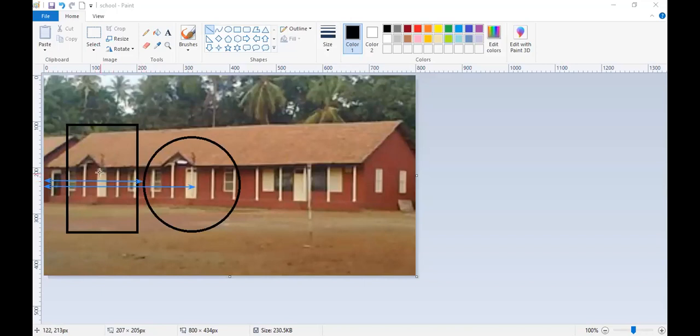Okay, so we can find the radius. How much? This distance is 320 and this distance is 210. Then what will be the radius? Yes, tell me. What could be the radius?